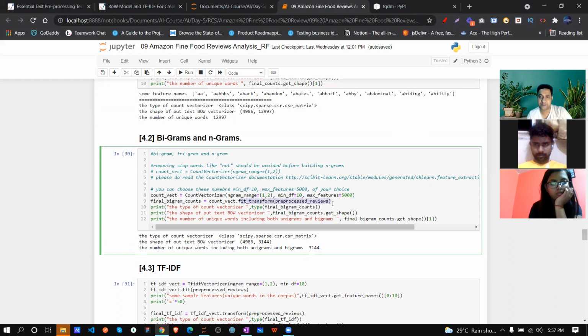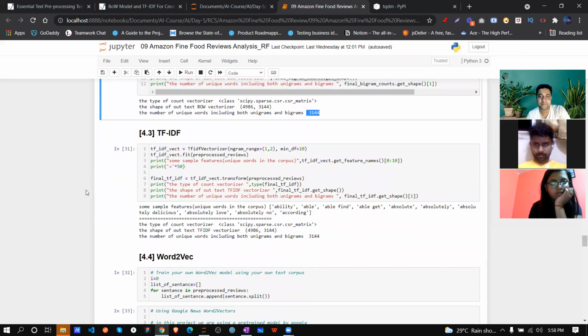Once we pre-process that, we get to know a simple thing: my bag of words vectorizer is this much, and my unigram and bigram together is this much. We are just checking the shape, nothing else.